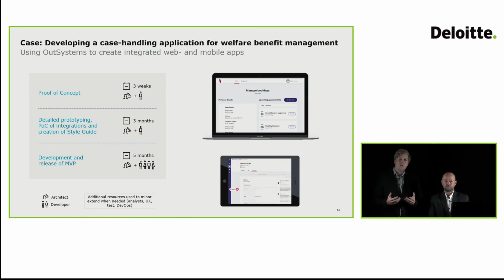So we created the style guide, which is basically just the component having your visual identity into all of the different front-end widgets that you can use. That took, again, one developer and one architect, and they used 3 months to do so. Then developing the actual minimum viable product that was released into production. At that point, we extended the team, having still one architect, but now 4 developers, to develop different aspects of the